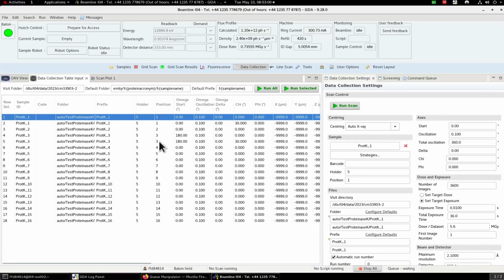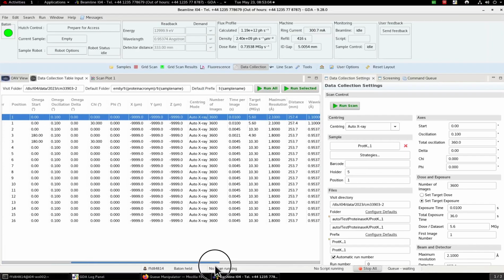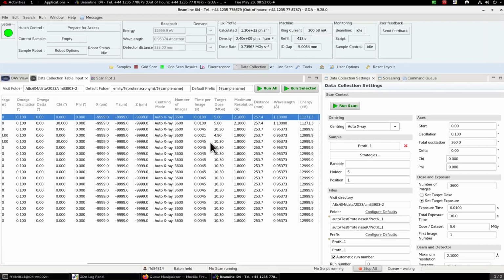While proteinase 3, we said, was a native, so he's going to do again a 0 and 30, but he's going to run it at default energy, and so on and so forth. So essentially at this stage you can just press run all, and this should just run. Okay,